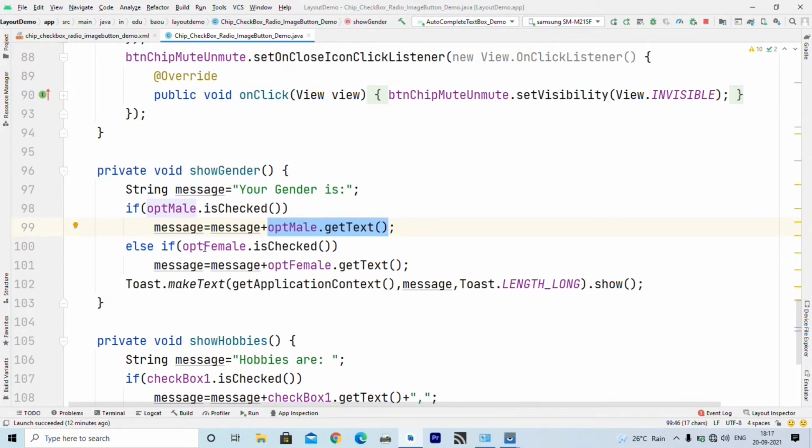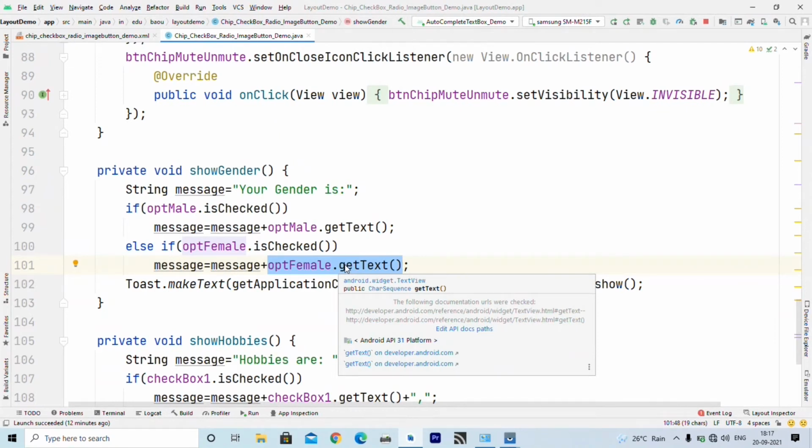Similarly, if male is not checked, then female might be checked. So if it is checked, I want to change this message to "your gender is female" using this opt female dot get text method. It returns the text set on my radio button, which is female. So my message is "your gender is female".